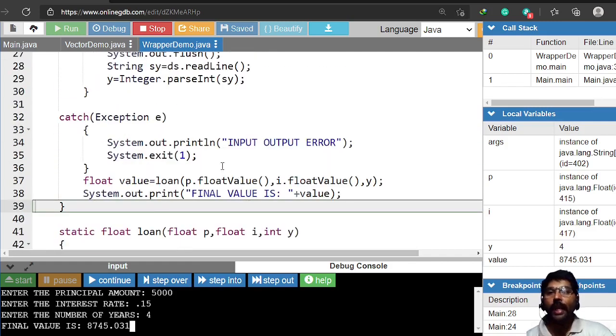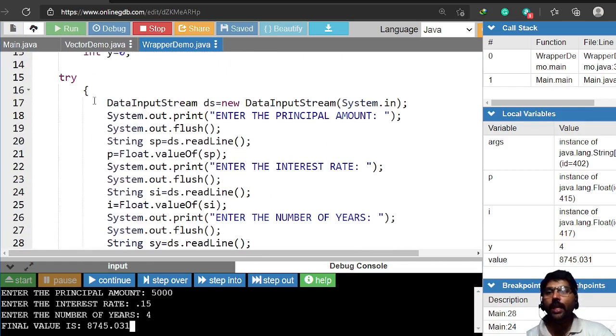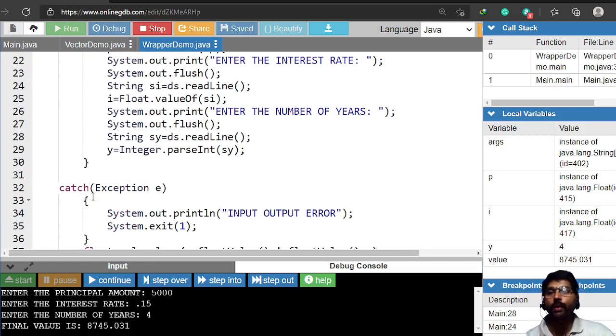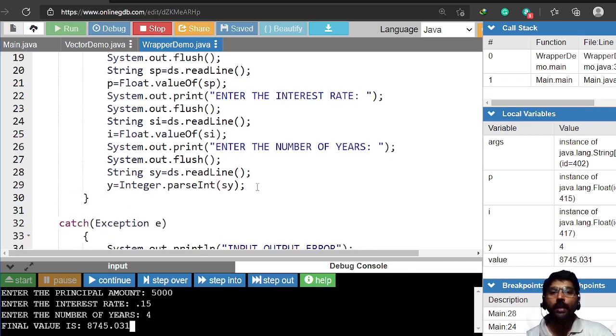So one question arises: sir, what does this try and catch actually do? What happens when I am reading some input from a keyboard and the users give wrong input. Instead of numbers, they may give other characters as input, which may result in an exception.